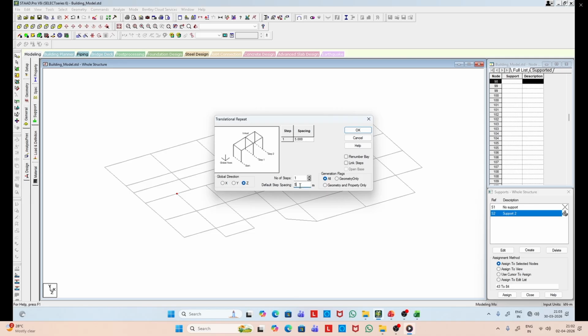So again, we copy along the negative z direction this point selected.